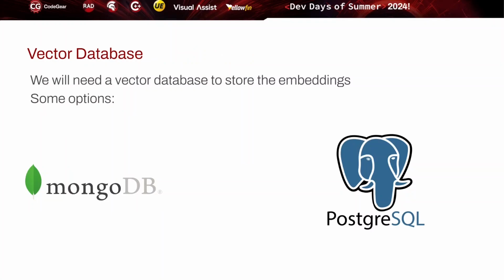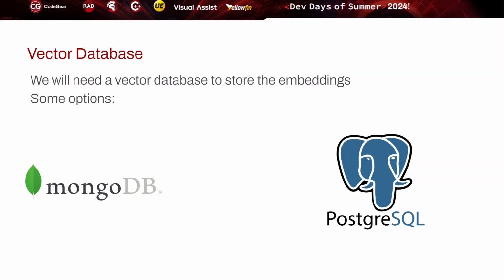And of course, to store these embeddings, we will need a vector database. And here are some options. I already used these two options and they worked very well for me.